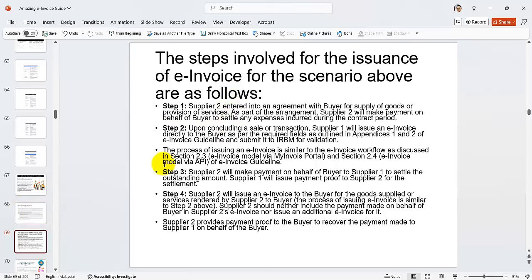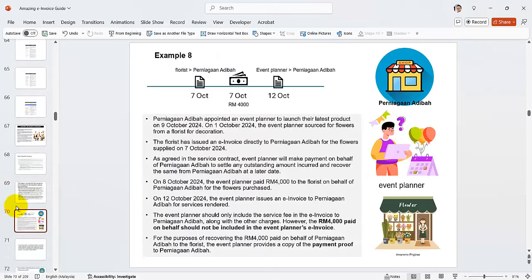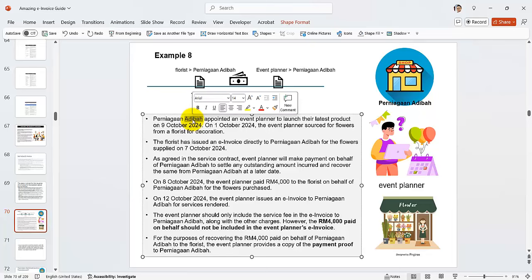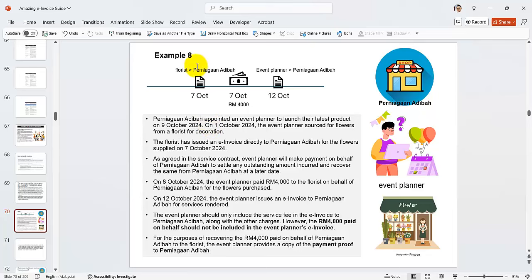So right here there's more detailed steps already. Okay, then there's another one here. Okay, wow. So this is Adiba, an event planner launched. Okay, I see. So you can see that Adiba appointed an event planner to launch the latest product on